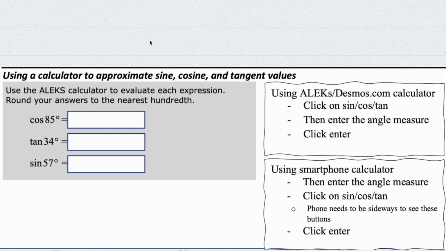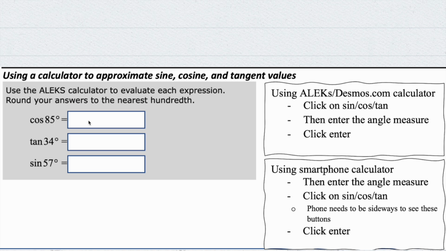So we're going to use our calculator to approximate sine, cosine, and tangent values. This is not just writing the ratio for it like we did in the previous video, but in this video we're actually going to figure out the decimal that goes with that ratio. Because eventually we're going to be able to go backwards from that decimal answer to find the angle measure when